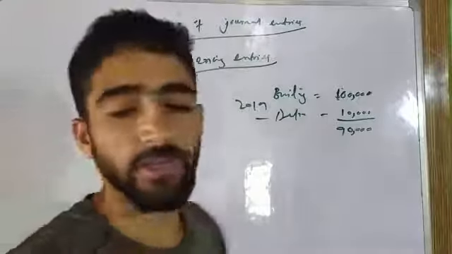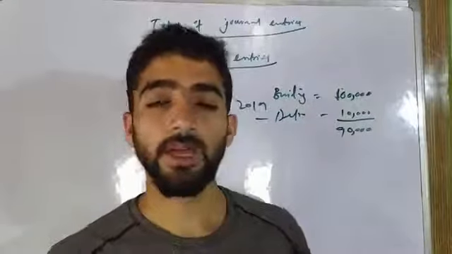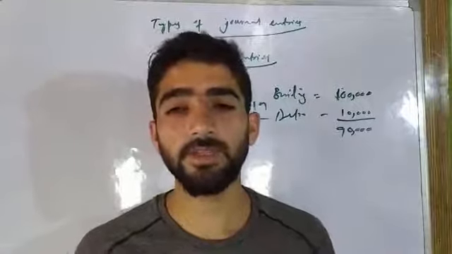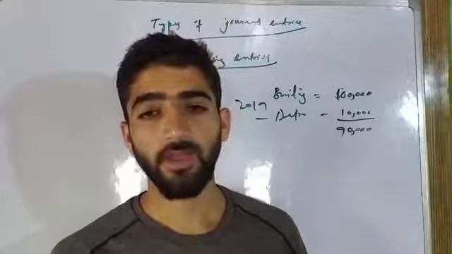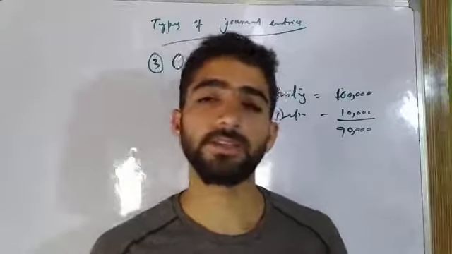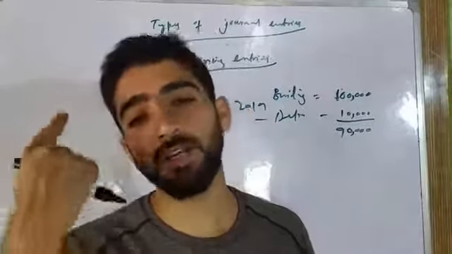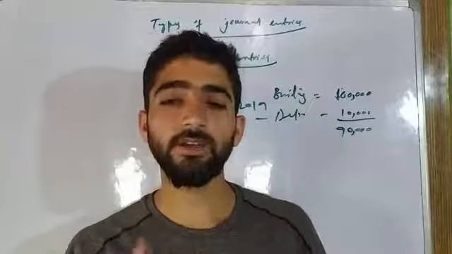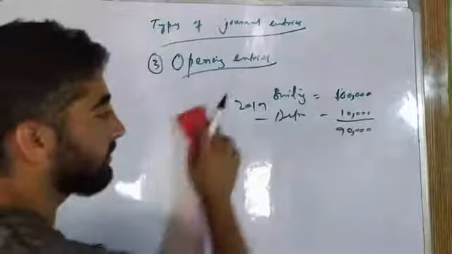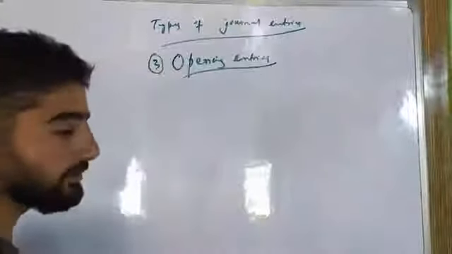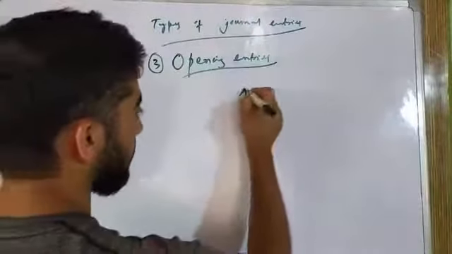Whenever we have to carry forward the balances of assets, liabilities, and capital from the previous year to the current year, we do opening entries. And in case of opening entries, we give debit to asset accounts and we give credit to liabilities and capital accounts. For example, the previous year's balances of assets